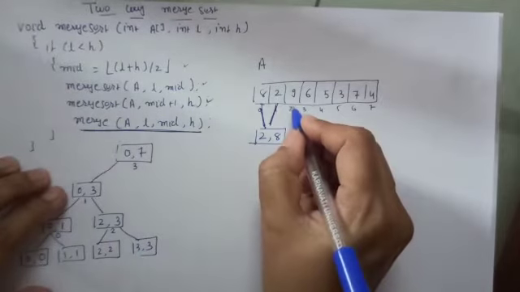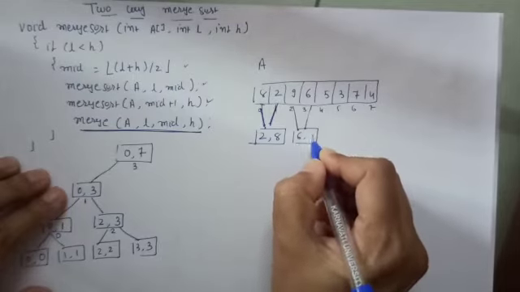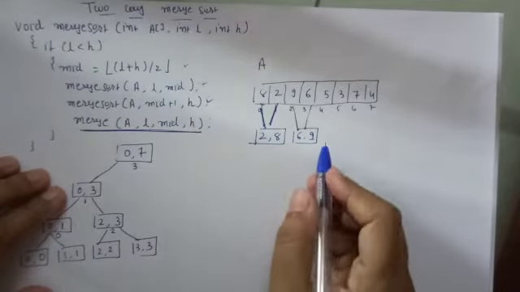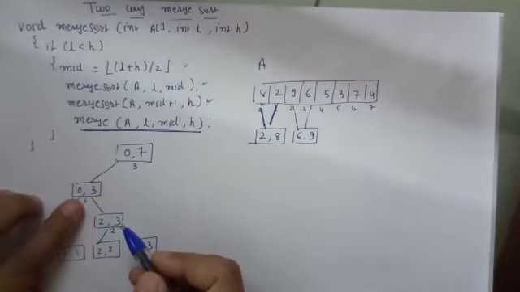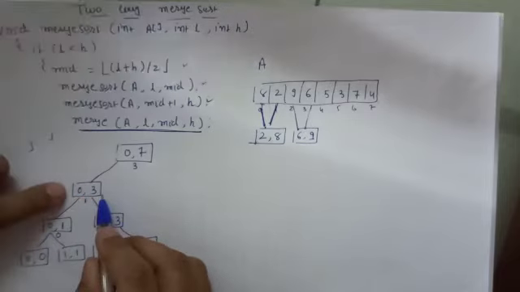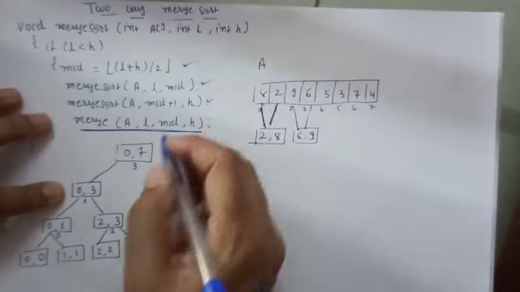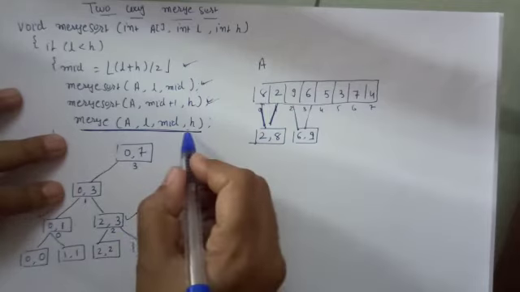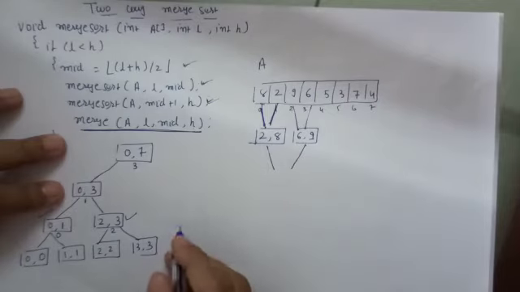So now this 9 and 6 would be merged together, and that gives us 6 and 9. As we have discussed, merging will take two lists and arrange them in ascending order. Now for this 0 to 3 call of merge sort, we have calculated mid, we have performed this also. This 0 to 1 is completed, this mid plus 1 to high is completed, and now we perform merging on this 2.